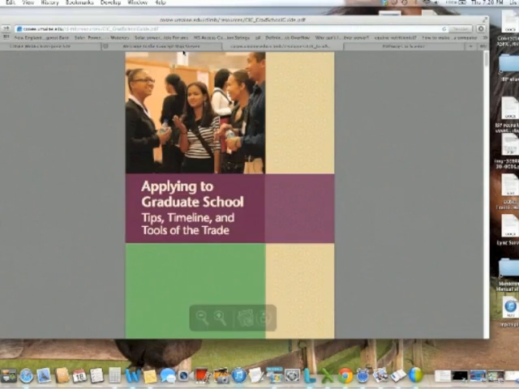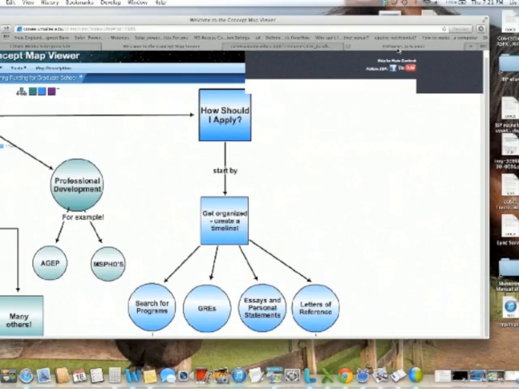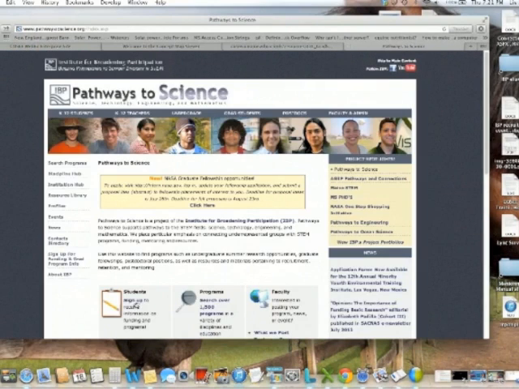So keeping this in mind, you need to start by searching for a program, of course. So we have 2 very helpful handouts that outline the questions you should be thinking about asking when you're applying to school. Another resource we strongly urge you to take advantage of is our online sign-up form from our homepage, pathwaystoscience.org. If you sign up, it takes about 5 minutes, and you'll immediately be sent a list of resources that match